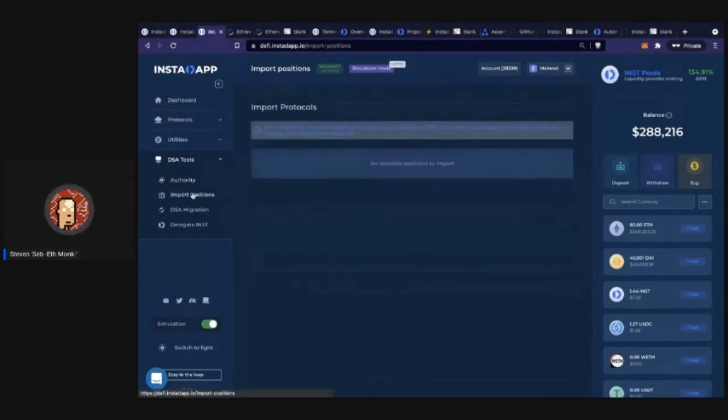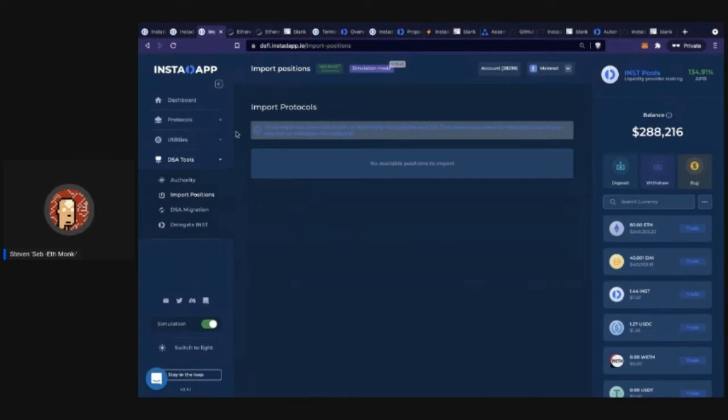If you had a position on an external site, so let's say you had Compound on your regular MetaMask address and you wanted to bring it into your Instadapp account, you would go to import positions. Instadapp will use a flash loan and will pay off all the debt and recreate that position all the way within the Instadapp protocol.